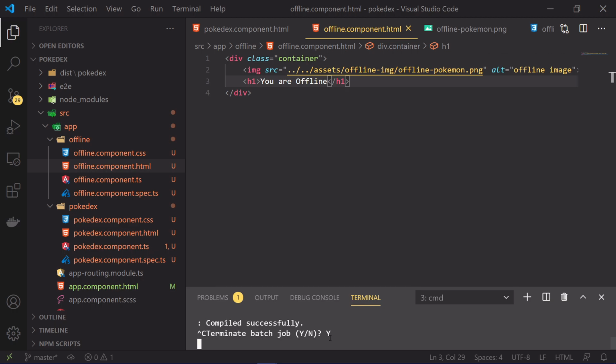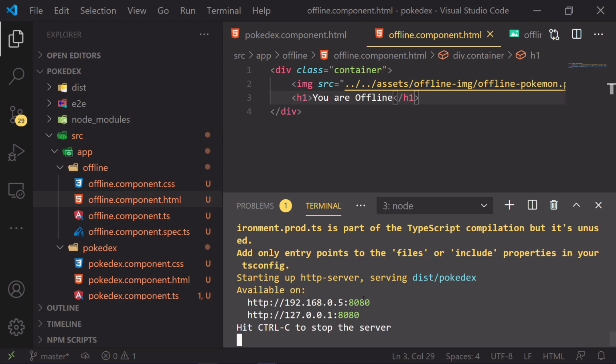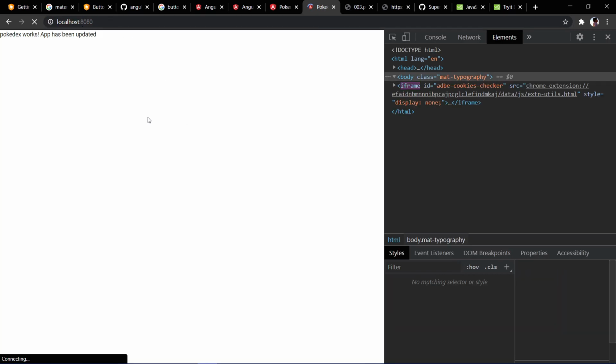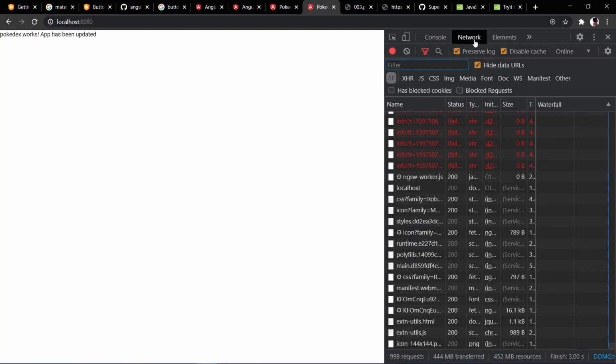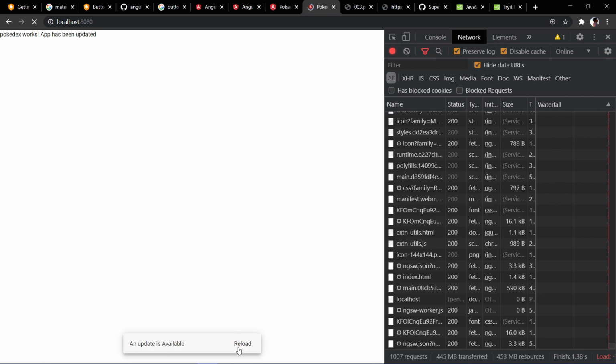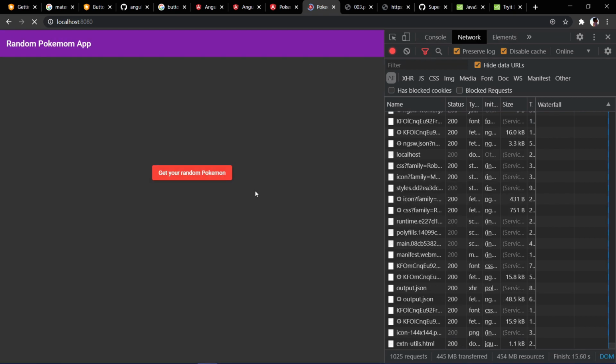Now I'll try to run this with run pwa. The application is up, so let's go to the URL and check that out. This should be 8080 now. I'll enter this. The application is still at an older version, so let's refresh again, and you have this button to refresh. You just click on that. Awesome, so we have the update here.